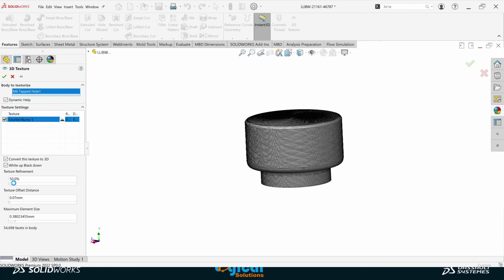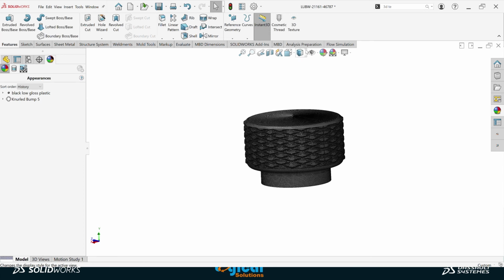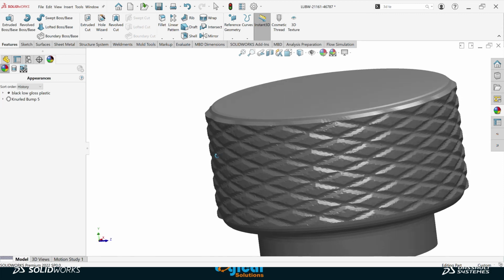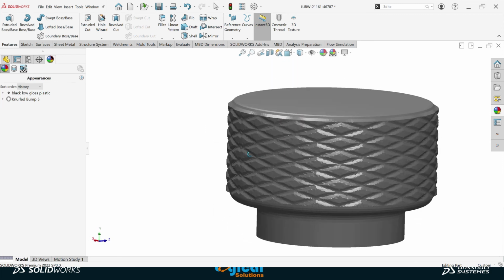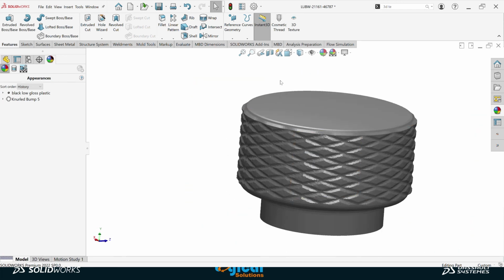So let me experiment with the texture refinement and the texture offset, and click OK. Now you can see how easily you can create 3D textures with this. This is a great enhancement, and now it is even more realistic.